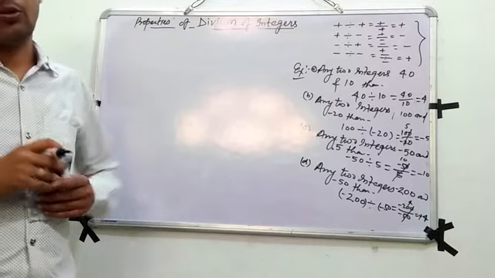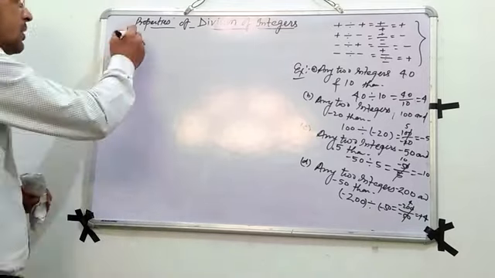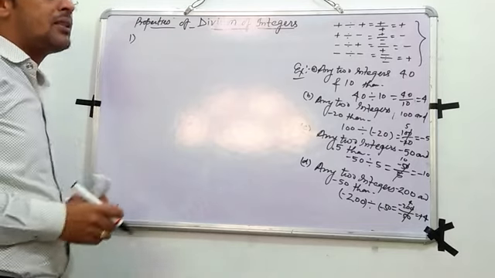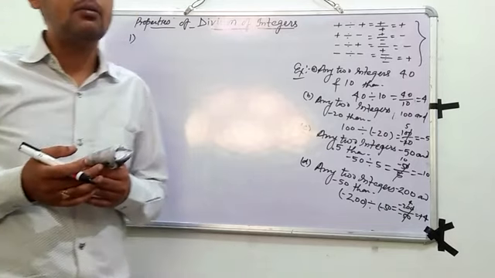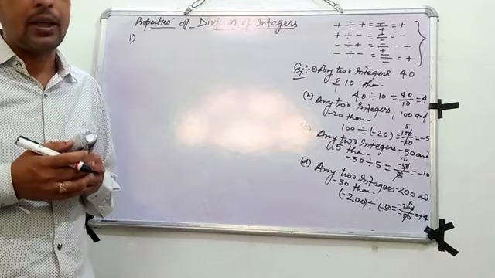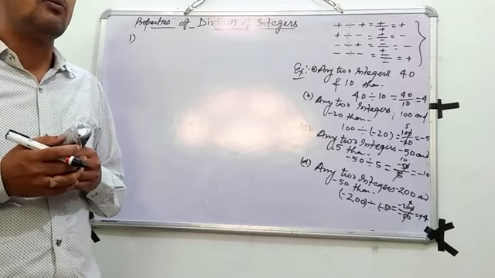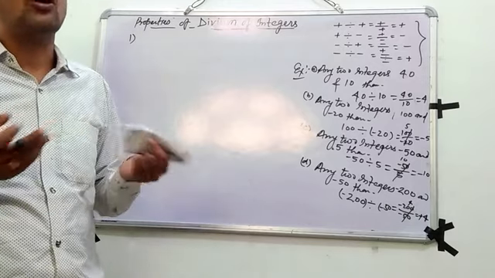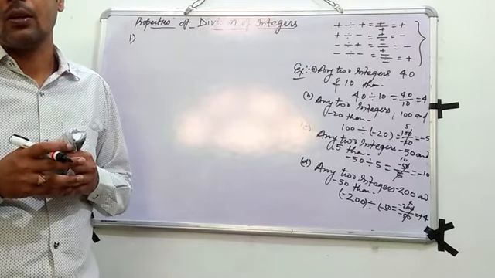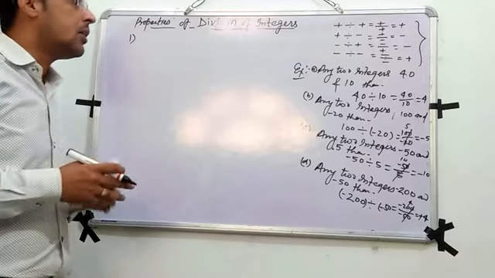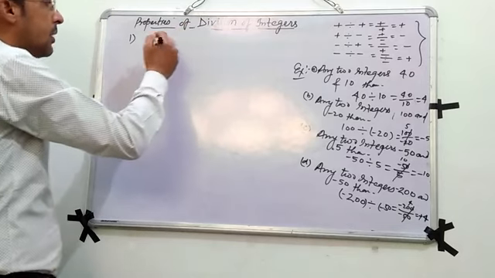Here also I am going to discuss the first property, the closure property. If you divide any two integers, we will not always get an integer. With an example we can say,